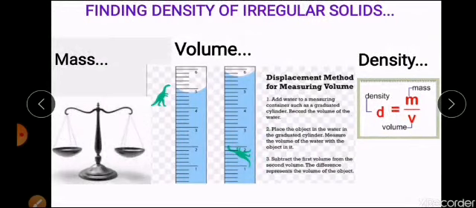So for irregular solids, how to find out the volume and area we have already seen. Now we are going to discuss how we are going to find out the density of irregular solids. Now to find the density, we know the equation D is equal to mass upon volume. Now mass of any objects, whether it be regular or irregular solids, we can find it out simply by using a common beam balance. Just take the mass, you will get the value of mass.